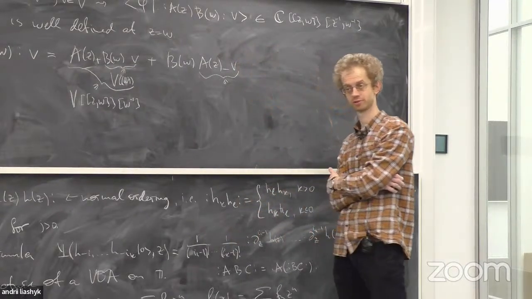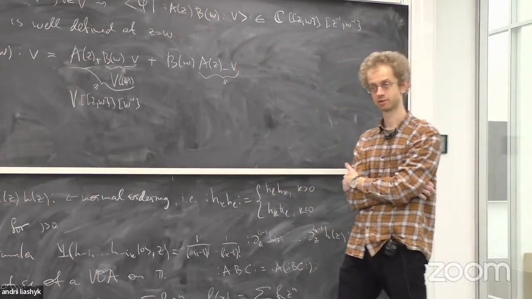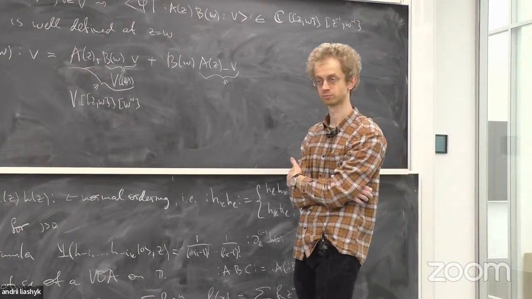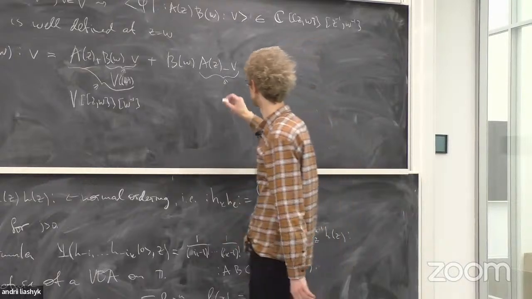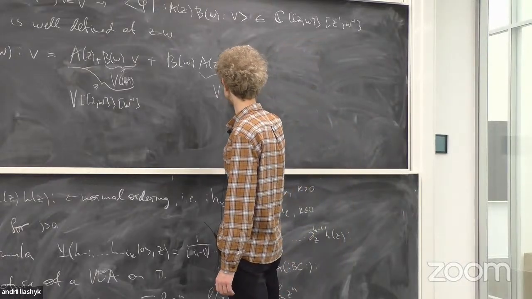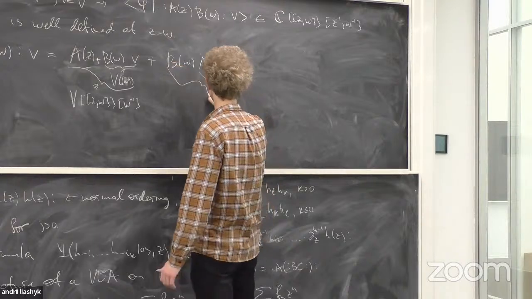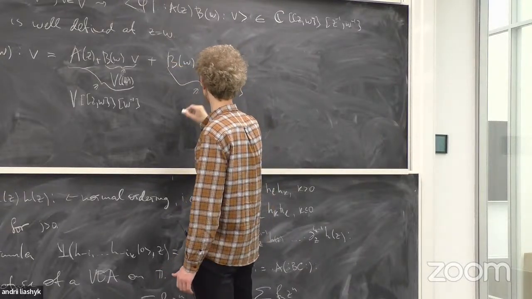A is a field. Yes. Polynomials in z inverse over V. So this sits in V of Z inverse, right? And the total thing belongs to